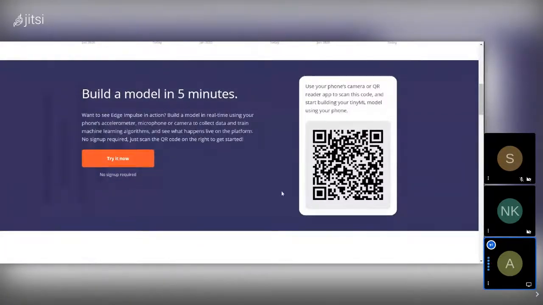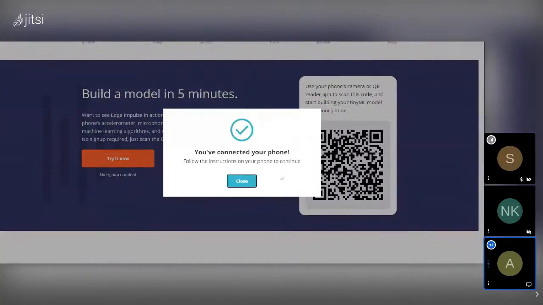So this is a QR code. If you open this website on your computer, either your PC or your laptop, you can directly take your mobile phone and scan it. Let me do it once here. It is for giving input to this software, right? Yep. Can you see this thing? It says you have connected your phone. Yeah, so I just scanned it with my phone and it gets connected.